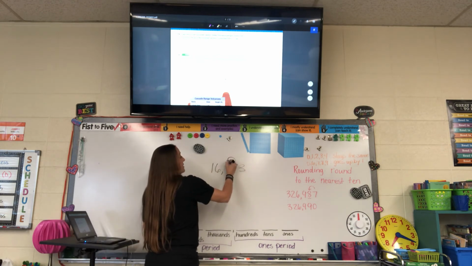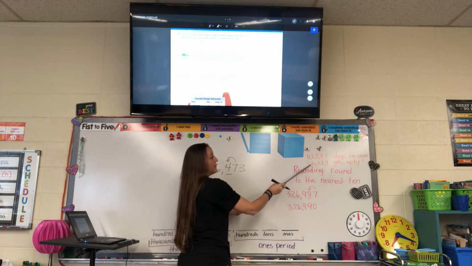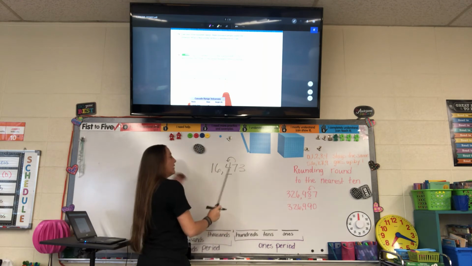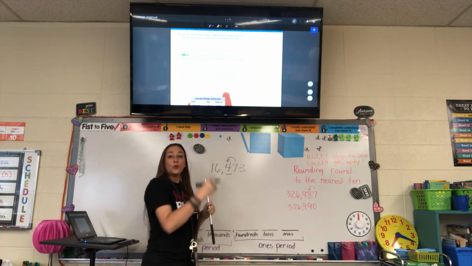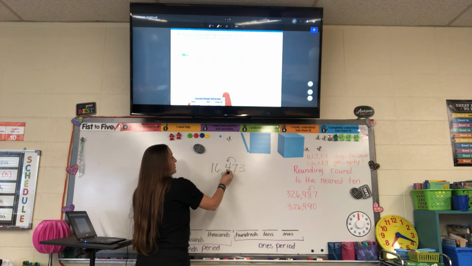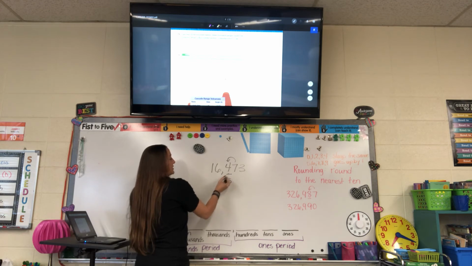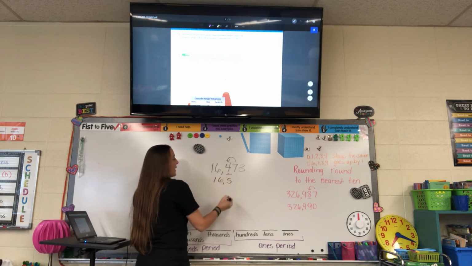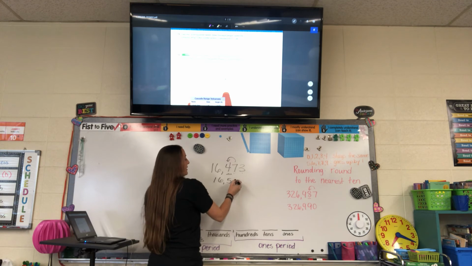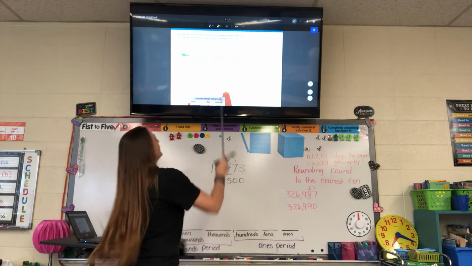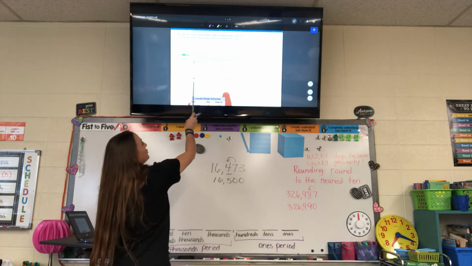The 7, the boss number, tells the 4: 5, 6, 7, 8, 9, goes up by 1. 5 or more, raise the score. So 7 tells the 4 to go up to a 5. Then everything in front of that underlined digit stays the same, always, and everything behind the underlined digit turns into a 0. So now we have 16,500, but we're not done because it says then she rounded her answer